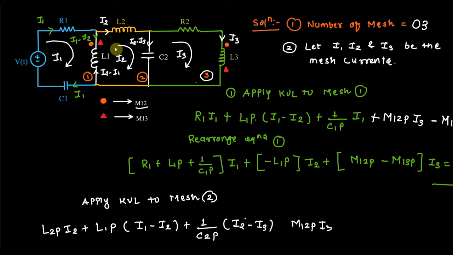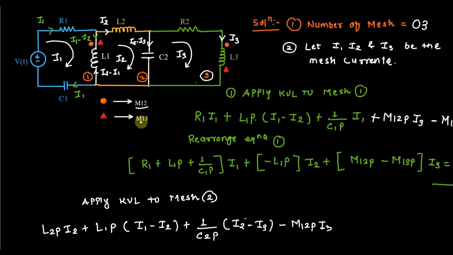Now follow this direction. Now the current is leaving. When you consider loop 2, the current through L1 is leaving, because the dot is at this point. So the current is leaving, and here the current is entering. So one current is leaving, one current is entering. So this is minus. Fine.